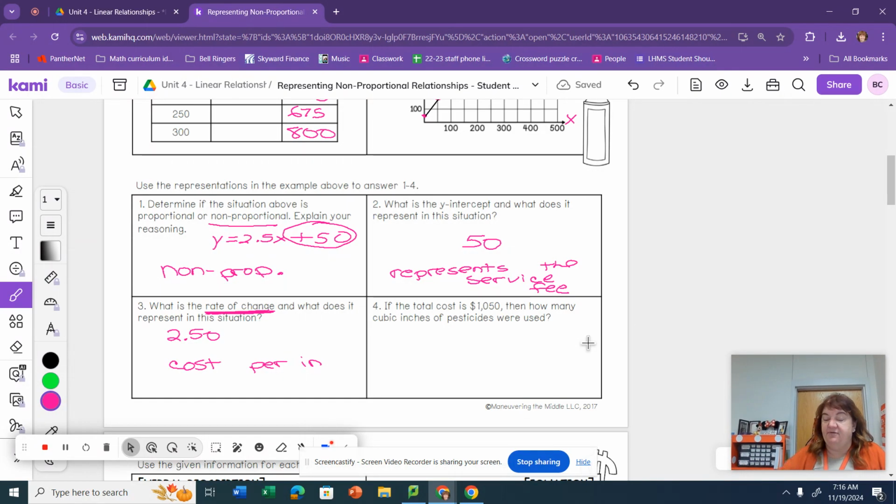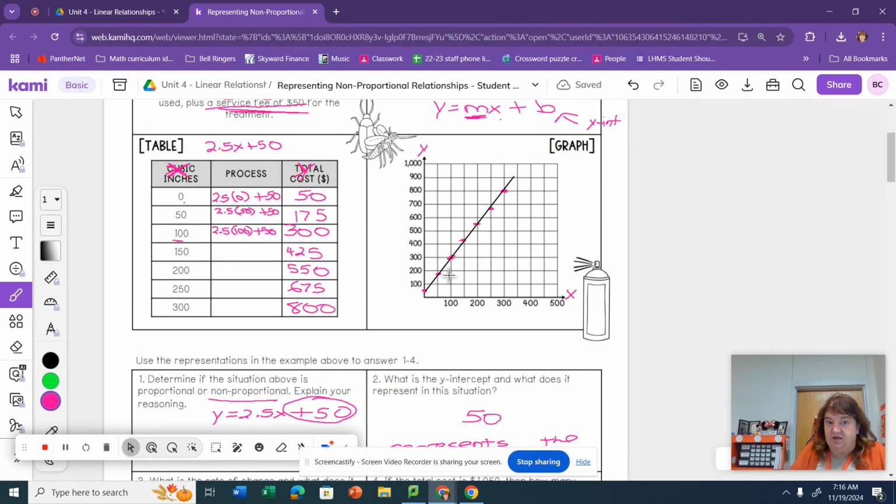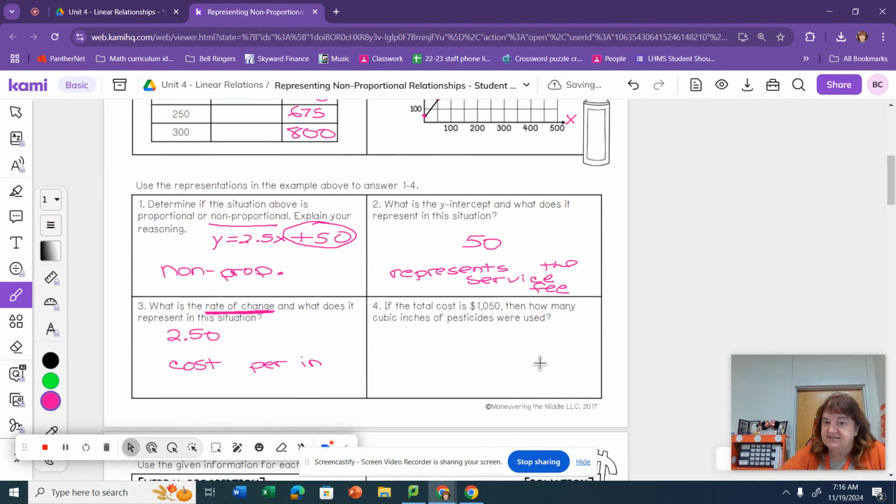Well, now we have, okay, remember up here, this is the total cost. Y is my total cost. So here's our equation. We're going to put that total cost where the Y is. So 1050 equals 2.5x plus 50. And we can solve this doing a two-step equation. Remember those two-step equations? They never go away. Here it is again. So then I'm going to minus my 50,